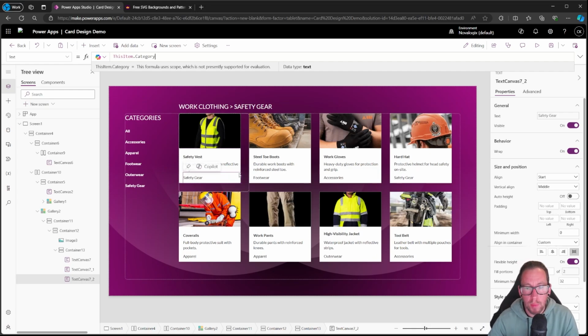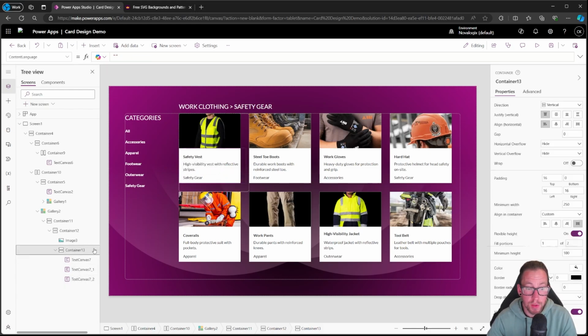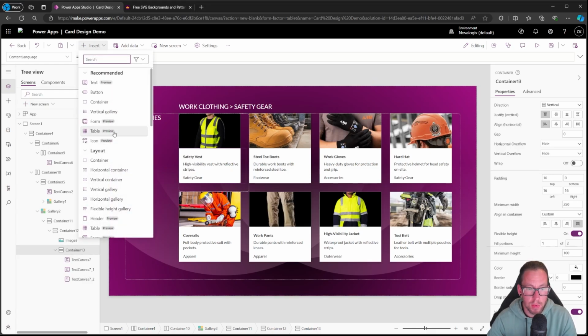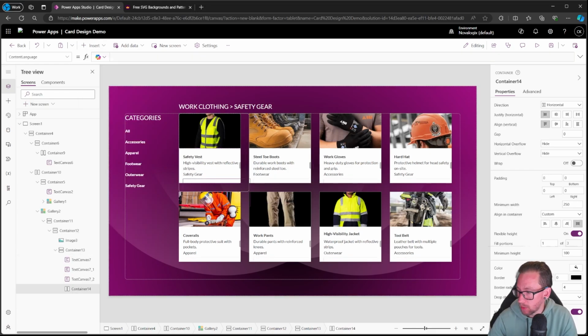Now, top to bottom, it's kind of starting to run out of space. So the category is actually going to be quite small, so I'm going to have loads of room down this bottom right. So that's the perfect space to put the price. In order to do that, I'm going to need to put another gallery in. So I'm going to kind of nest this one. So I'm going to get a horizontal container. I'm going to move